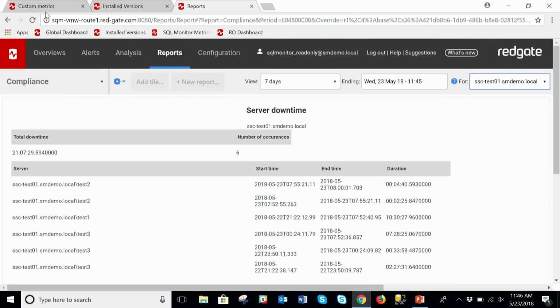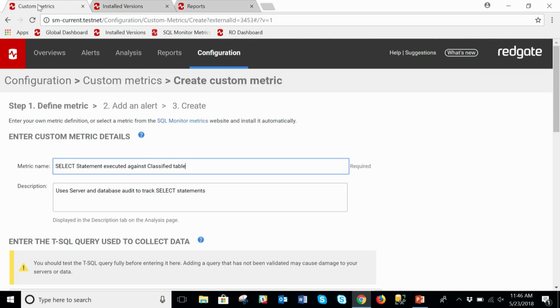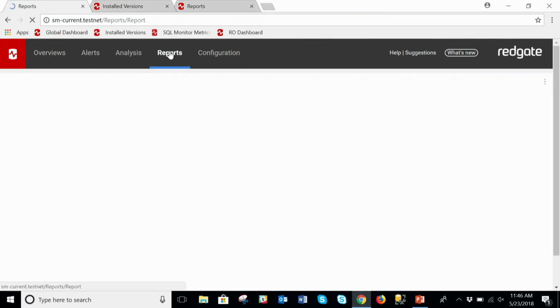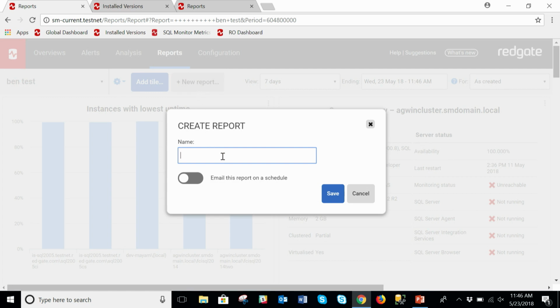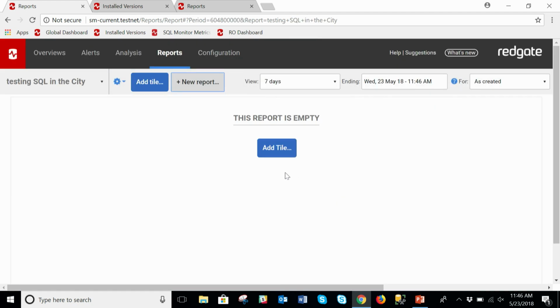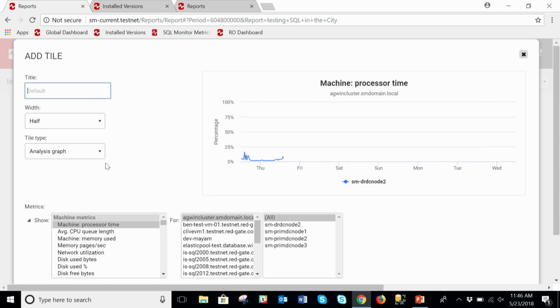I'm going to pop back over to this one and go to the reports here and just show you that you can add tiles to existing reports. We can add new reports. I'm just going to call this one Testing SQL in the City and save that really quickly. And I'm not going to create a whole report here, but I do want to show how you add the tiles. You can either add the